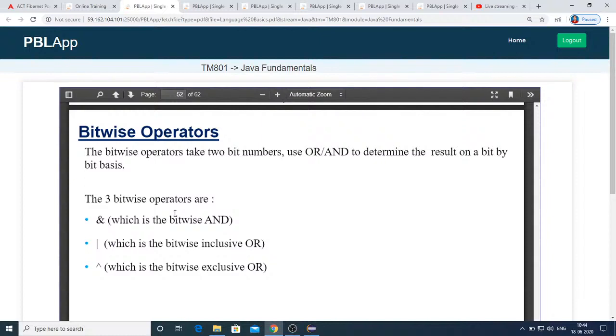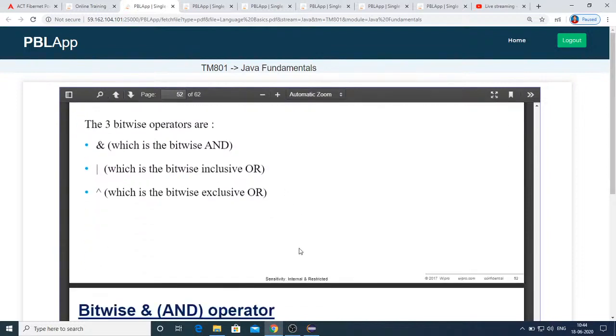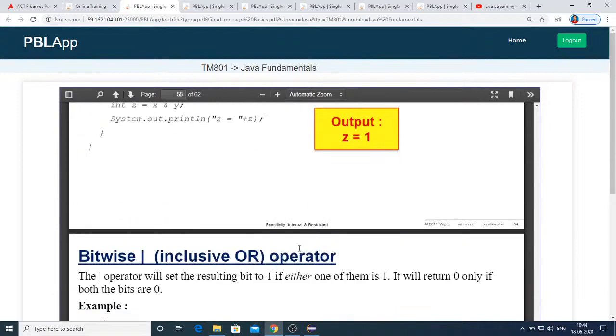And next, the bitwise operators. For bitwise operators, you have bitwise and, bitwise or, and bitwise XOR. I would like to show you simple examples using these bitwise operators, because in my certification exam I got a small code snippet on this. Many of you just know that this symbol is bitwise and, this is bitwise or, this is bitwise XOR. You will be able to recognize them, but in the code snippet you must be able to evaluate it. So I'll show you a small example.